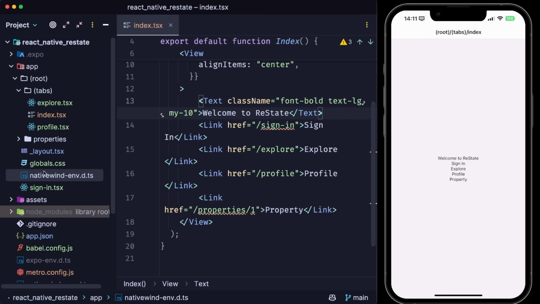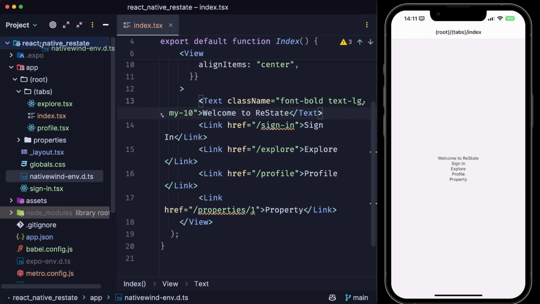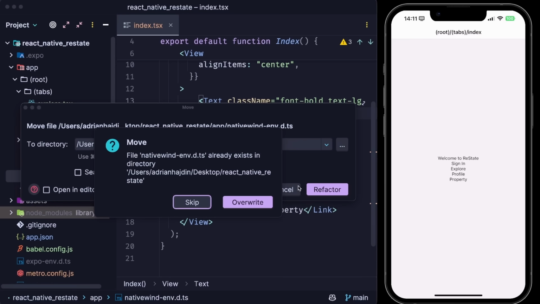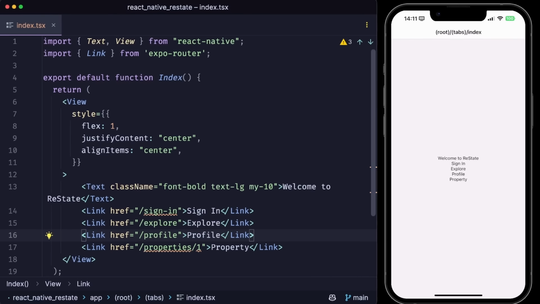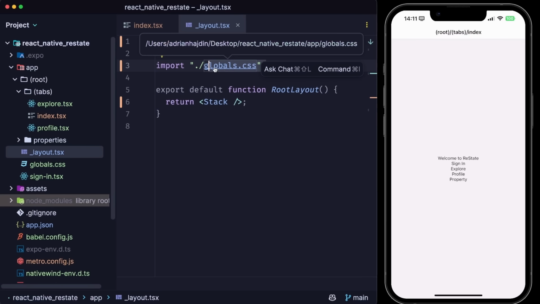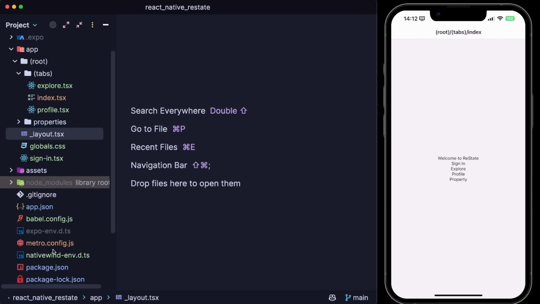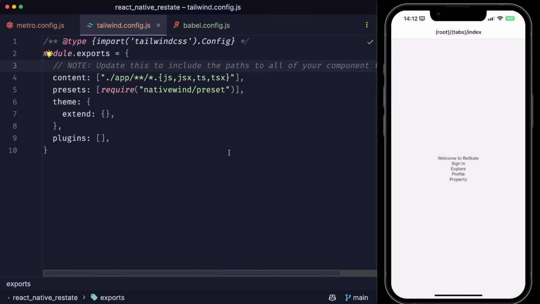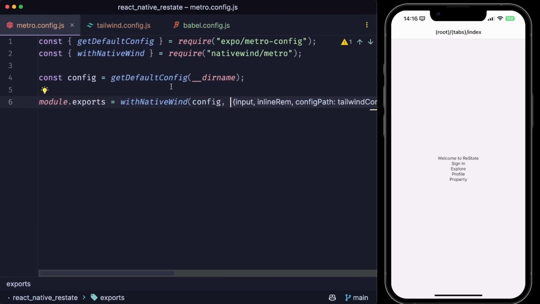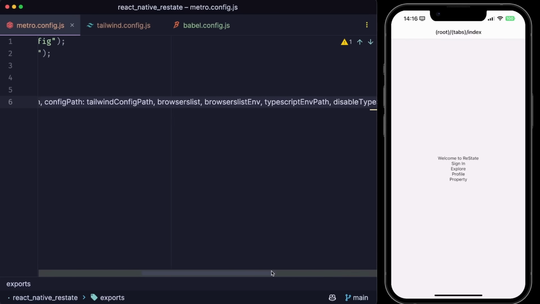Oh, it looks like I created it accidentally within the app, but it was supposed to be right here outside in the root of the directory. So now that error is gone, but Tailwind CSS is still not activated. We are importing the globals.css within the layout, and we have properly created all of the necessary files like Metro, Babel, and even the Tailwind config. If we head over into the Metro config, you'll notice that the second parameter of this withNativewind function is actually the path to our globals.css file. And I just said ./globals.css, but it was supposed to be